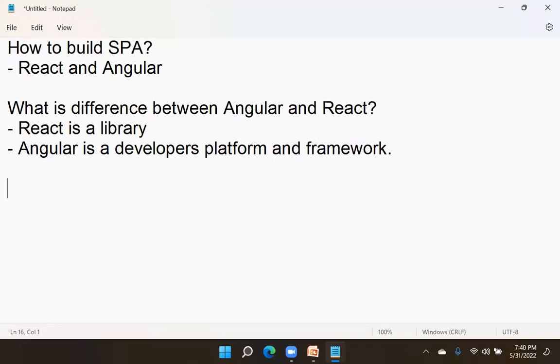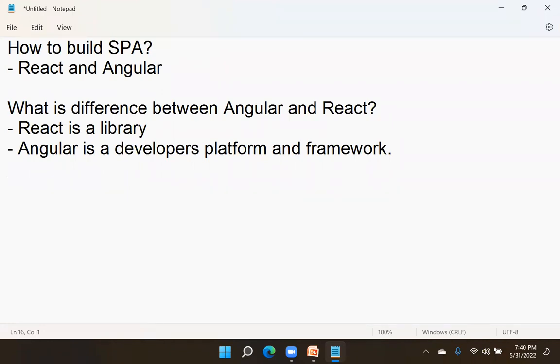If anyone asks what the difference between Angular and React is, the first point is that people know Angular as a framework and React as a library.